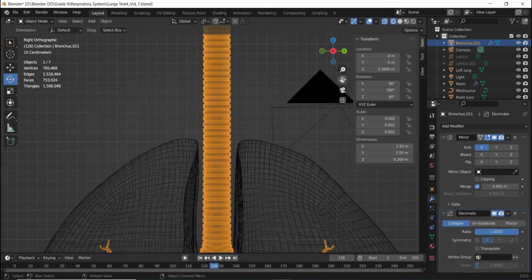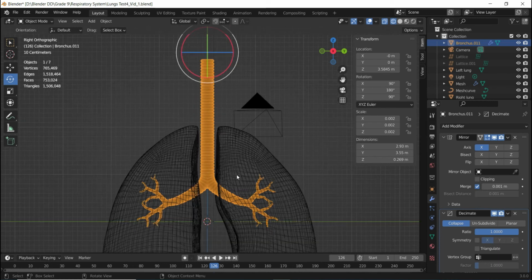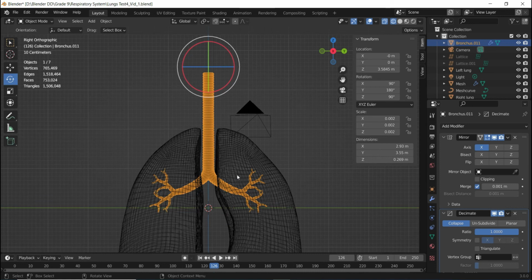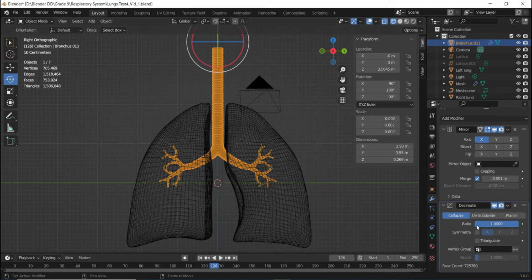But it depends on the kind of model you are making, and unless you are going to do some sort of rigging animation where you need to rig the mesh itself, till then I think we can manage with the decimate modifier and the distorted topology. So let's apply some changes with the decimate and see what result it gives, and after that we'll talk about it. Ratio by default is set at 1. I'm not going to change anything over here. I'm going to keep it at default collapse, and ratio at 1.